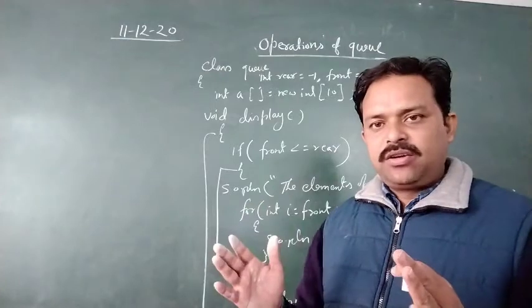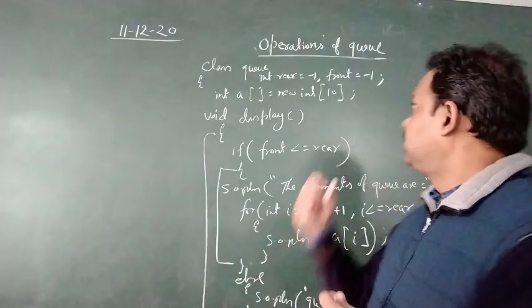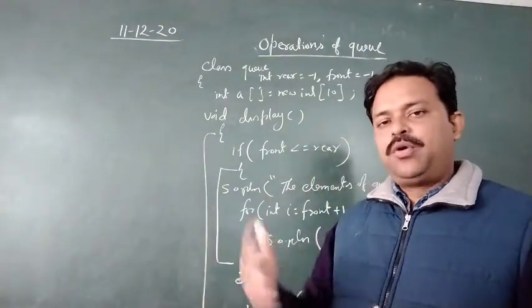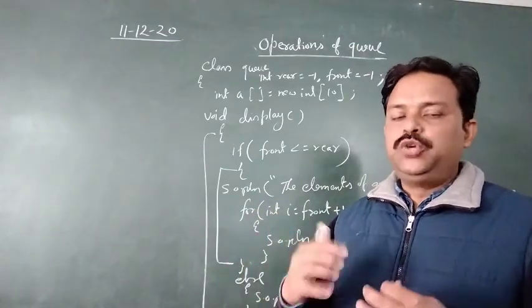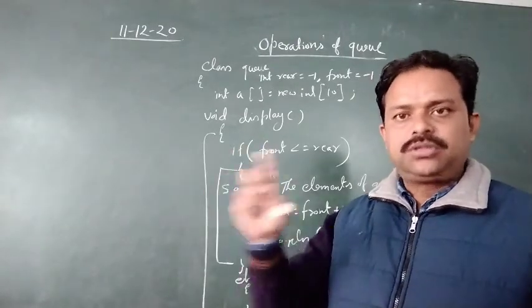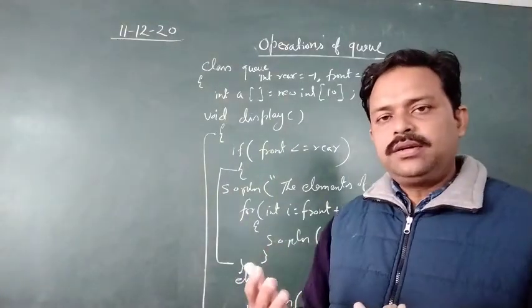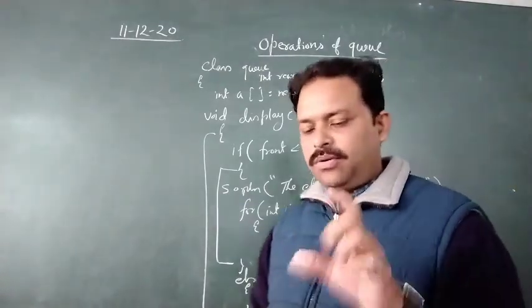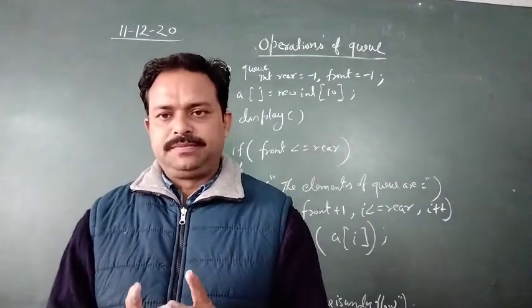But since it is an array of fixed size, naturally you will get a message at last that queue is overflow. And if you are deleting again and again, a time will come and it will display a message queue is underflow, because all these messages we have written in the functions push and pop respectively. And this is my display function to show you the remaining elements. So this is the homework for you, to write down the main function.